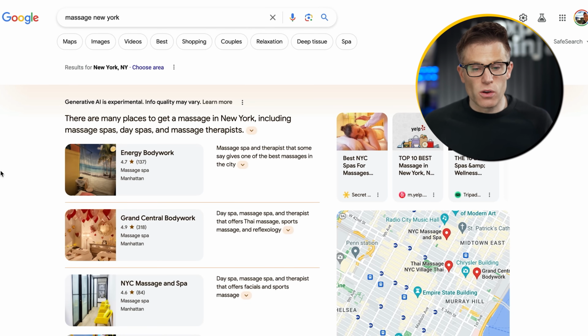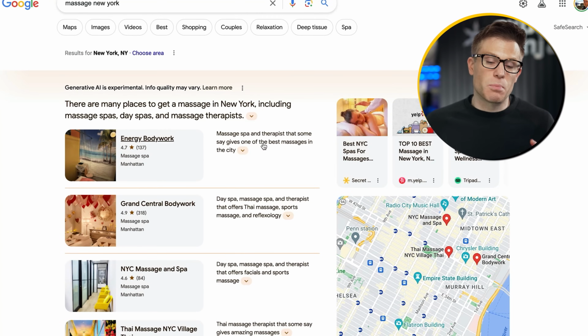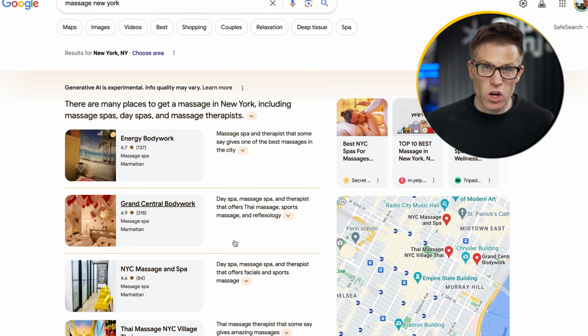There's also a local version as well. So I've just searched for massage New York, and this generative AI panel is pulling Google local listings too. Figuring out how to get your business, your products, and your services recommended in SGE is going to be absolutely key if Google rolls this out. And you might think that, oh, well, I already rank pretty well because we've been doing lots of SEO, so I'm going to have some nice SGE visibility too. Not so fast. Just because you're ranking well in the regular organic results doesn't mean that you're going to be